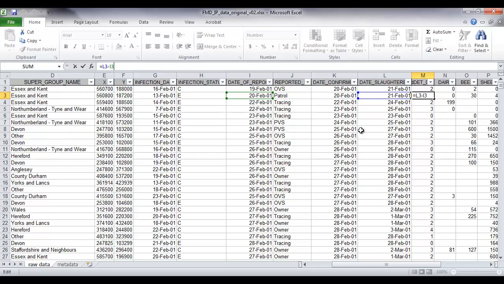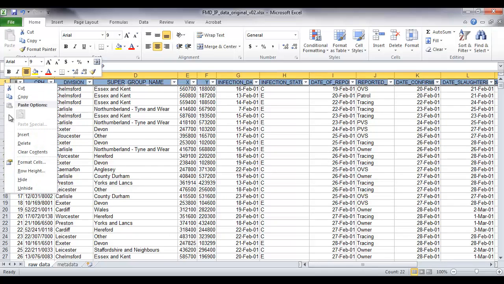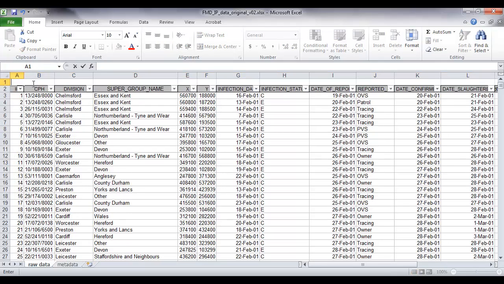And so when you copy the formula, those input cells are moving and staying in the same position relative to your output cell. What we're going to do now is to use absolute cell referencing. So I'm going to insert a new row at the top of the spreadsheet here. So I'm going to enter the 6th of February 2001, which is the day before the earliest infection date that's